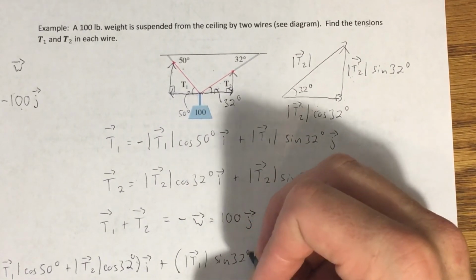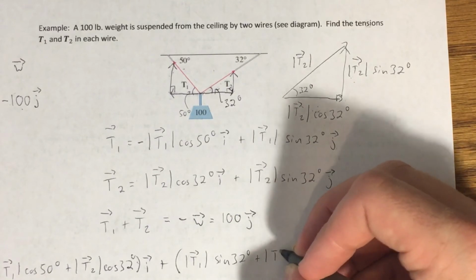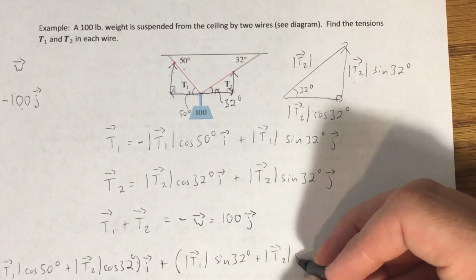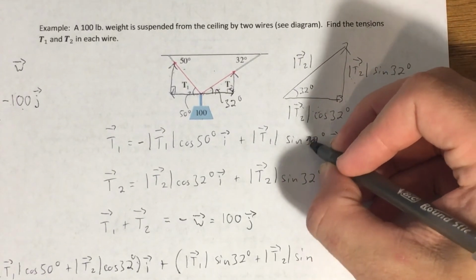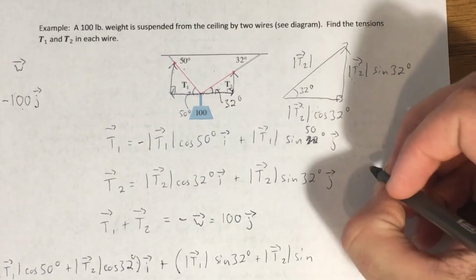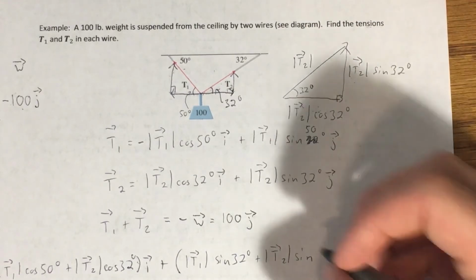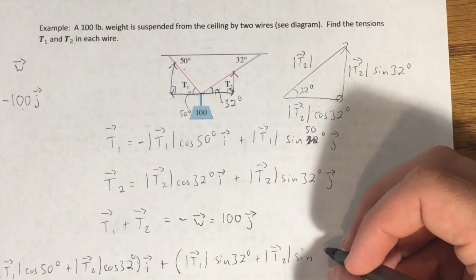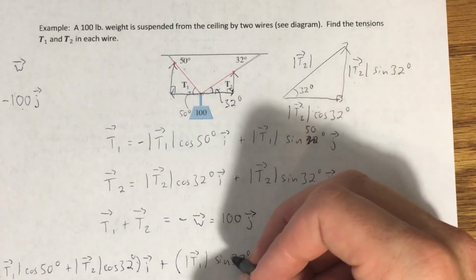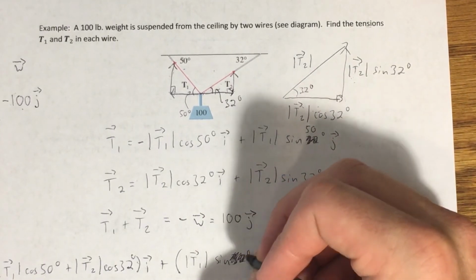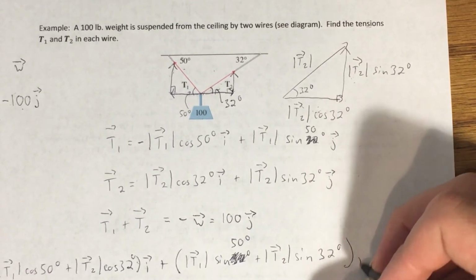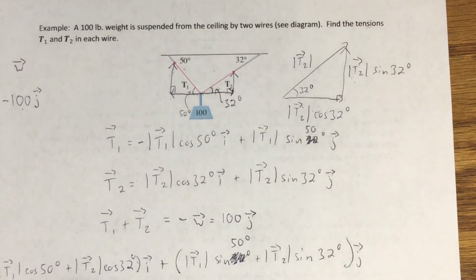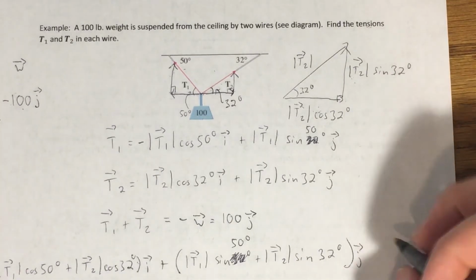sine of 50 degrees plus magnitude of T2 sine of 32 degrees. You know what, I have a mistake in here. This should be 50 degrees. I didn't catch that before. Yes, this is the one that should be 50, and sine of 32 degrees for T2. That's my J component. This whole thing is T1 plus T2 once I've combined like terms, and that should be equal to